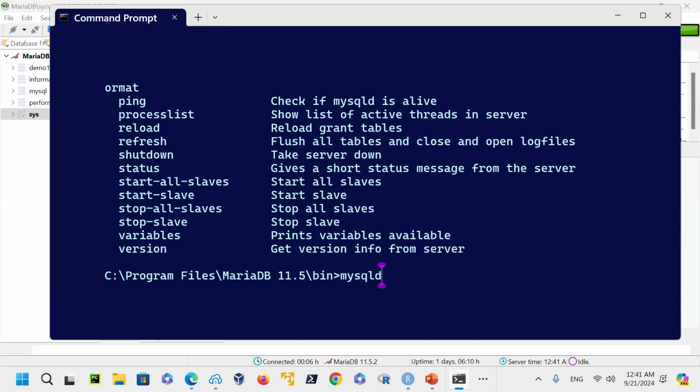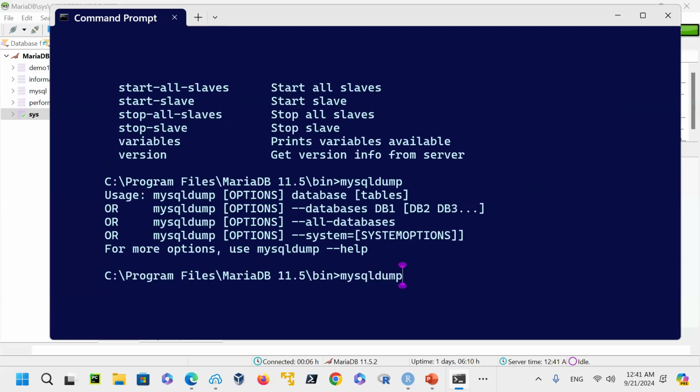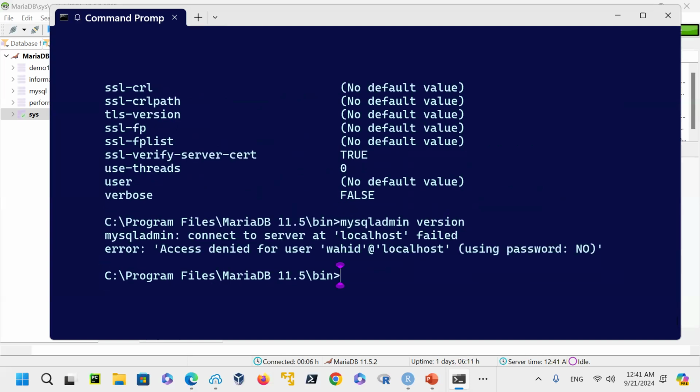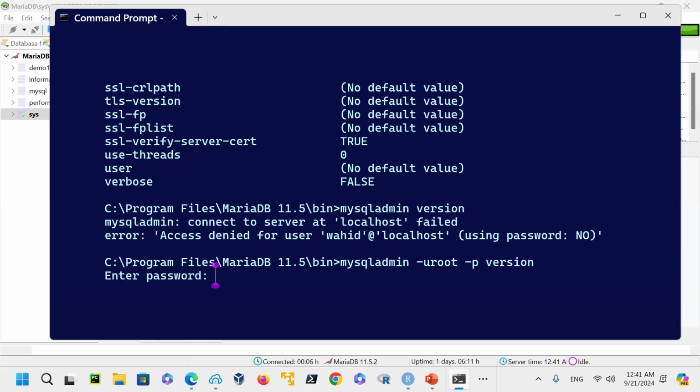mysqldump to dump a database, mysqlimport. All of those executables are available, right? So mysqldump, mysqladmin version. And you can see it requires the privilege of -u root -p, and then version, and now say